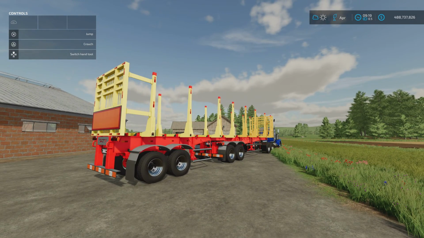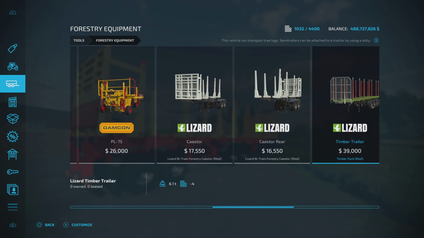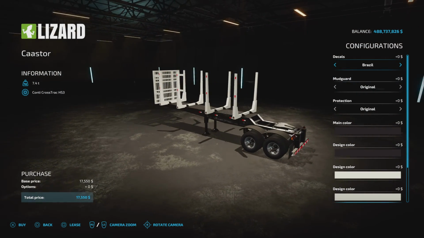I know people message me and say, oh, they're very tippy. If you're going too fast and you turn too quickly, they're going to tip. Some are a little bit more tippy than others, and some are a little bit bouncy here and there. So, also found under forestry equipment. Here they are. The Caastor front section, 17,550. The Caastor rear section, 16,550. So like I say, if you put a few of these together,